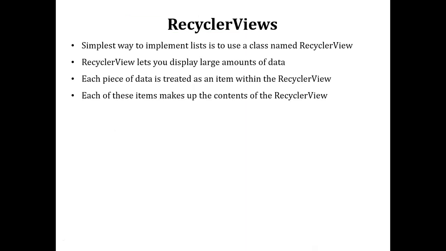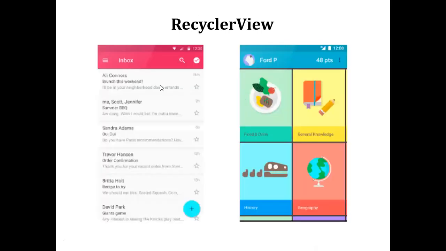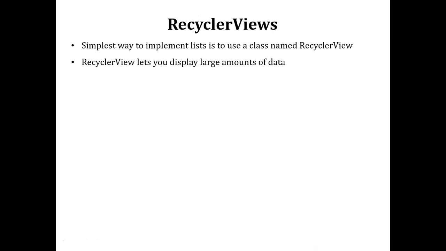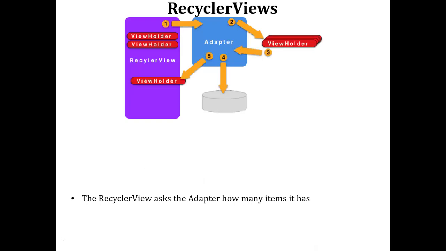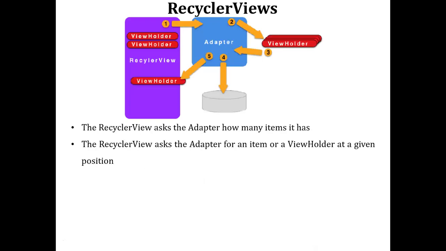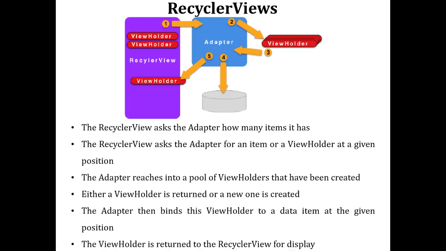By following these steps, different types of applications can be created by using recycler view. You can take the example of your mailboxes, or your WhatsApp or Facebook application where posts are displayed, or WhatsApp where different messages are displayed in list form. Such applications can be created by using recycler view.